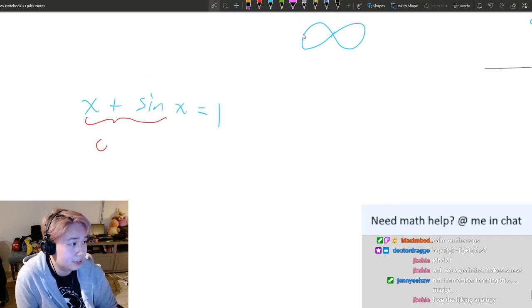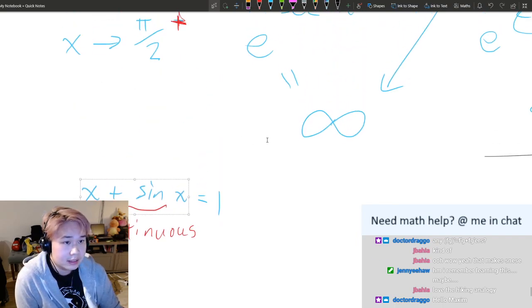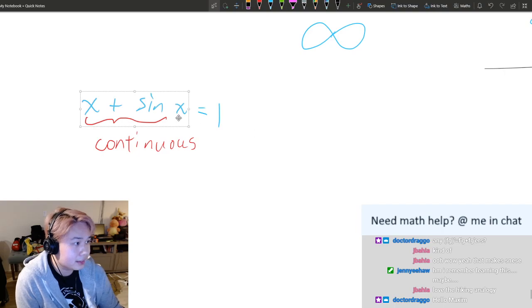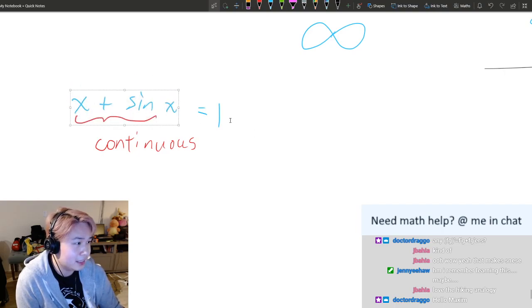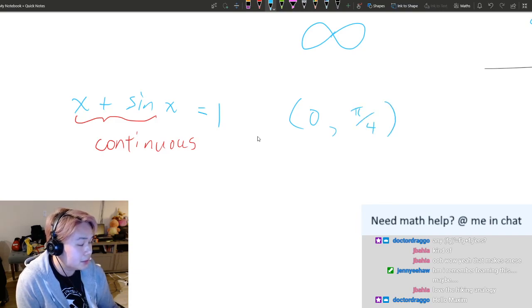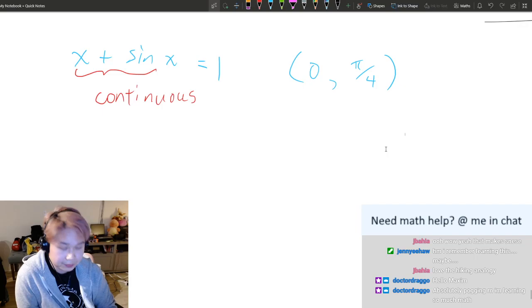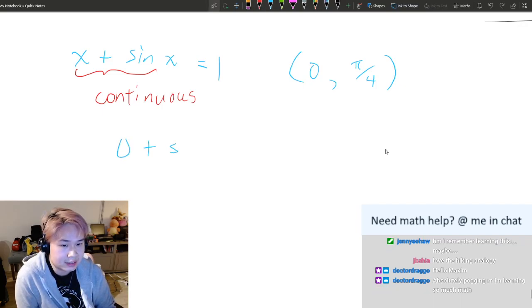Let me change colors if I'm allowed to. So we know that this is continuous. x is continuous, sine of x is continuous. When you add them together, it's still continuous. And then it says, will x plus sine of x eventually equal 1 somewhere in this interval of x's from 0 to pi over 4? So what you can do is check the endpoints and see what the values are. So if you have 0 plus sine 0,